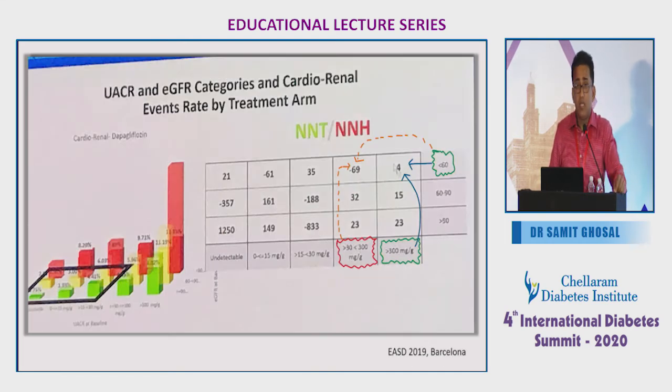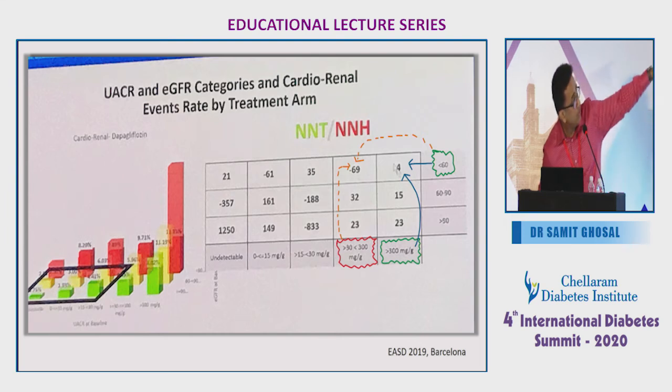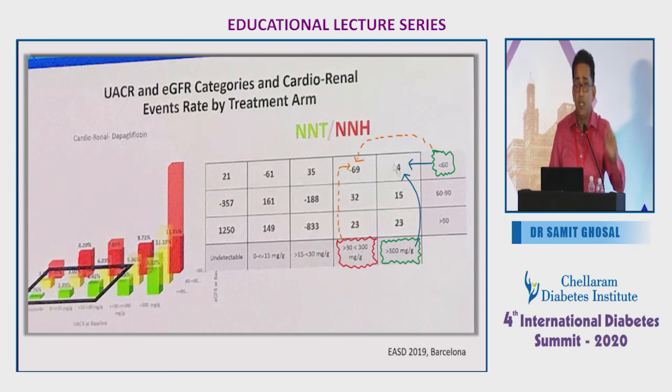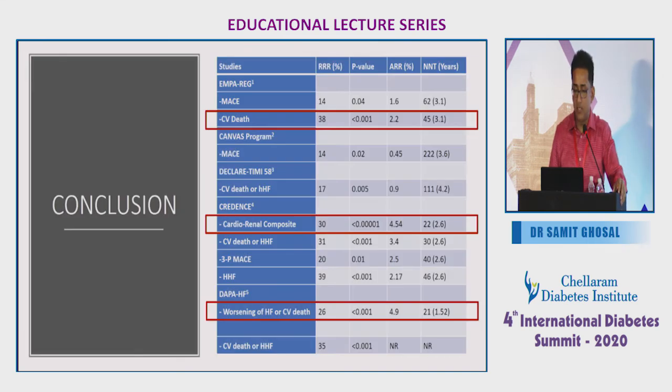Now, we need to remember what percentage of our patients will benefit with this drug. And this is a very poor slide. I just took a snap when Melanie Davis was presenting this at last EASD, and she made a very pertinent point. Whenever we say that there are microvascular nephro benefits with an SGLT2, it is only when your eGFR is less than 60, and it's only when your urine ACR is more than 300. Identifying a microalbuminuria and rushing into an SGLT2 is not the answer, because there is no benefit in microalbuminuria. It's entirely in macroalbuminuria, as well as when the eGFR is less than 60.